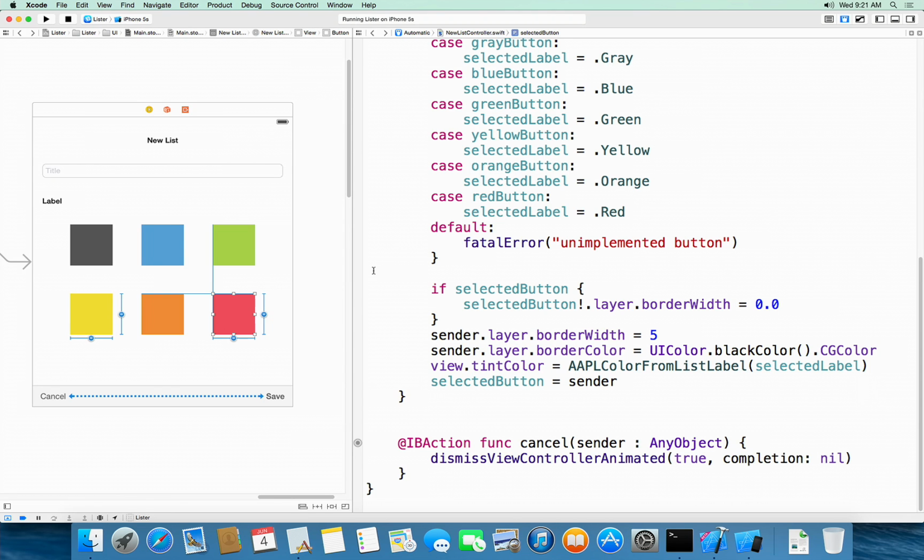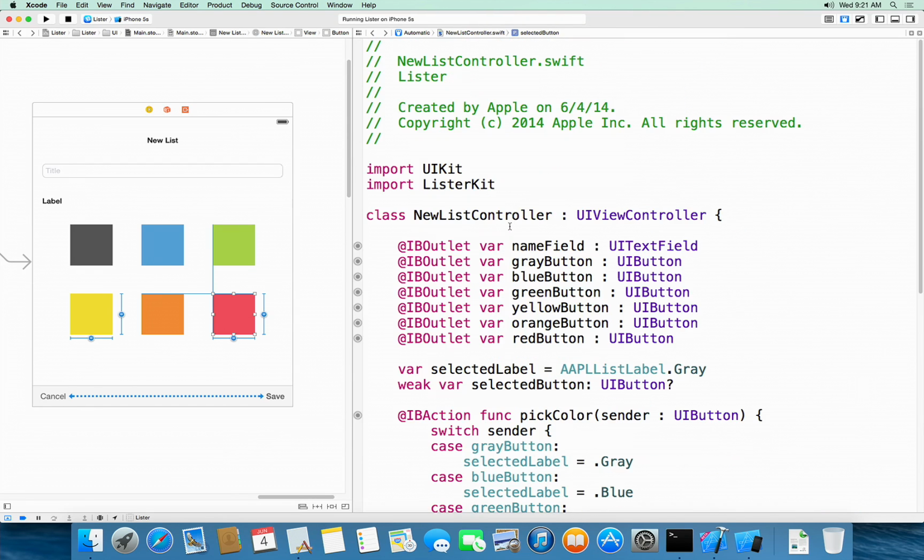And so we come back right where we were before. And for our purposes, the first thing we want to do here is a little bit of tidy up, and that is to make our UI text field behave the way that we want for our user. It offers a great deal of configurability using the delegate pattern. And to do that, we're going to make new list controller conform to UI text field delegate, which is as easy as,